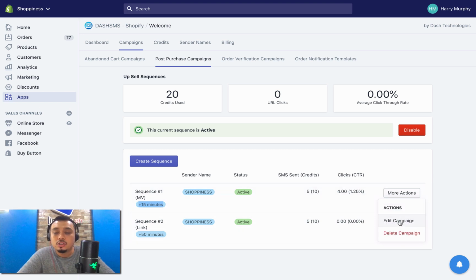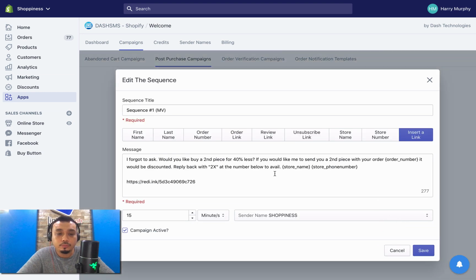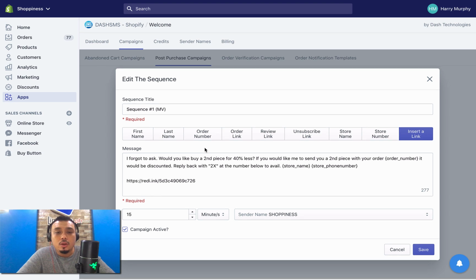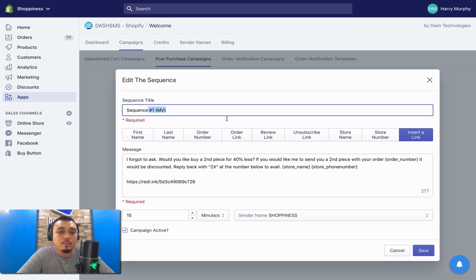Click on More Actions, then click on Edit Campaign. And inside of here, yours is going to look a little bit different than what mine looks like, just because I edited some of these sequence titles already. I'm not using the default, but you can. So for instance, you can go in here and put